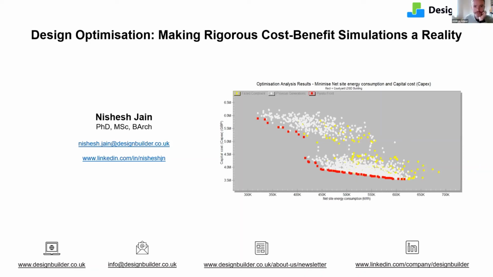Okay. Thanks, Nishesh. I have another question about cost data. One question was just where do you enter that information into DesignBuilder? And then I had a further question about the source of some of that information, because you talked about objectives in terms of energy and carbon emissions, and they're possibly a little bit more straightforward, but cost data, is there any reference that you use for some of the solutions you spoke about within DesignBuilder,